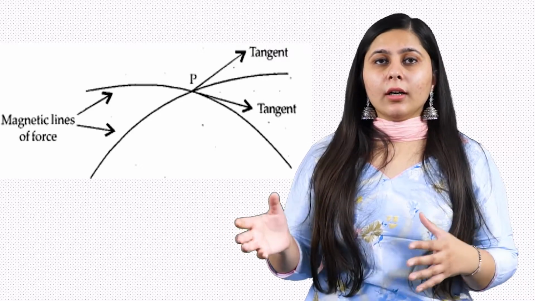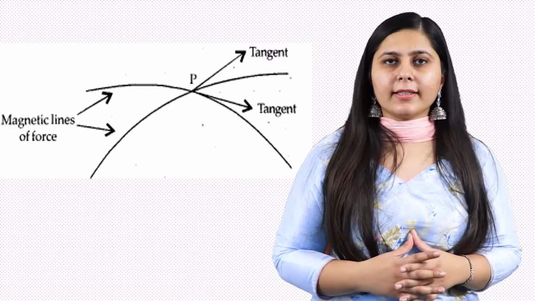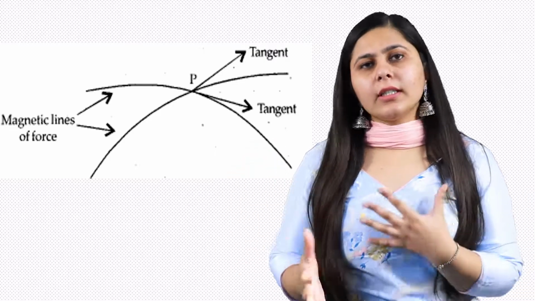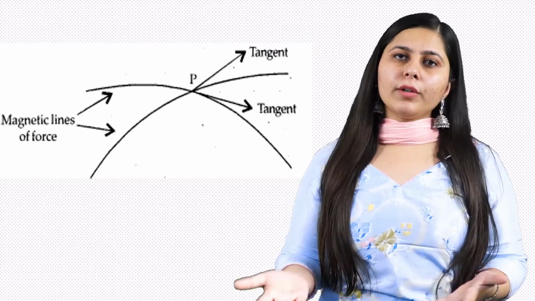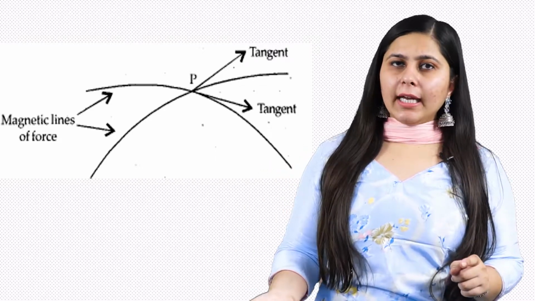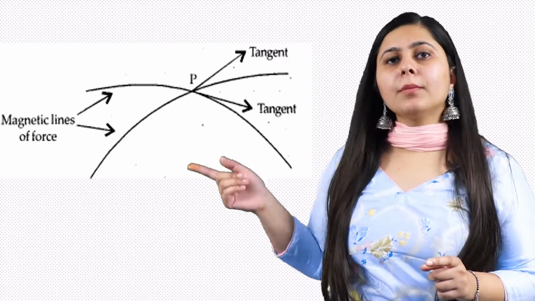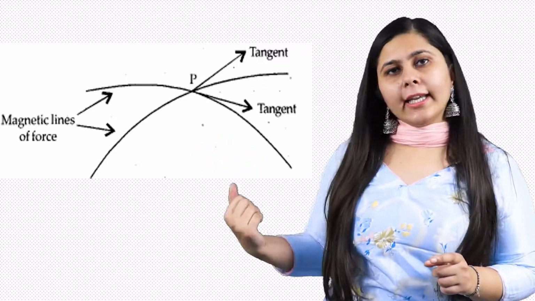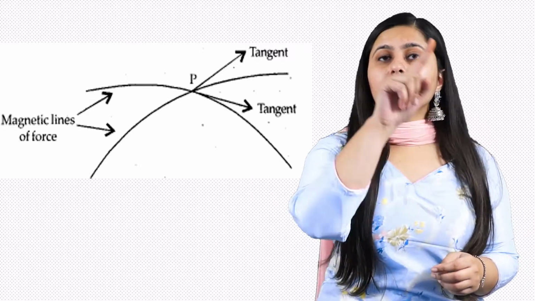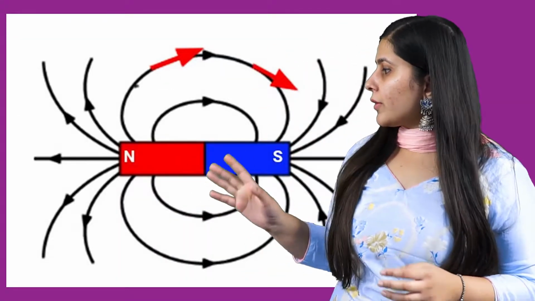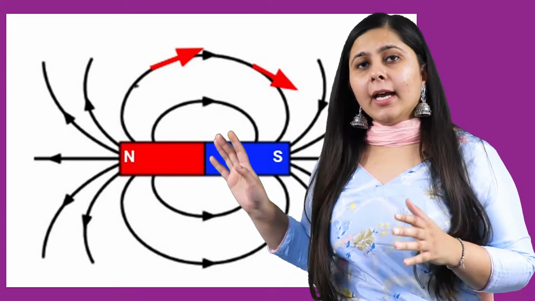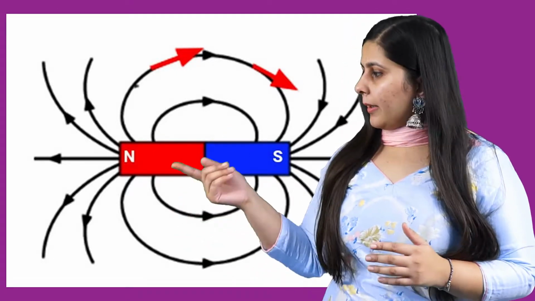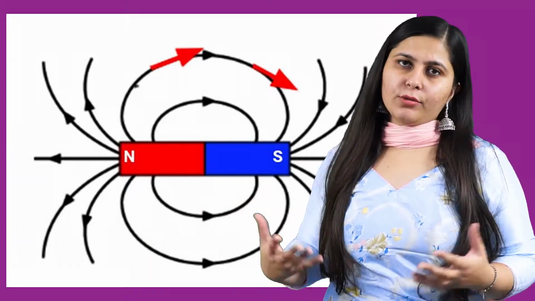So I am sure that you are clear with what we have studied till now, and the different characteristics of magnetic lines. The fifth point, I don't consider it a separate point, but you can write it, because we have already studied it in our first point: as you can see in the diagram, the magnetic lines emerge from the North Pole and end at the South Pole. That means they are continuous curves. There is no straight line; they are continuous curves emerging from the North Pole and ending at the South Pole. So this completes our second topic, magnetic lines, or I must say the characteristics of magnetic lines.